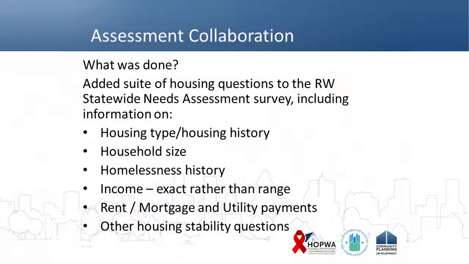But in this case, the Ryan White grantee was very interested in being able to add some of those. And so we were able to come up with a suite or set of housing questions to add to the assessment survey. And it included information like what's shown here on housing type, where people were living right now, what some of their housing history was. We wanted household size, homelessness history, with those couple of questions we talked about earlier, income,